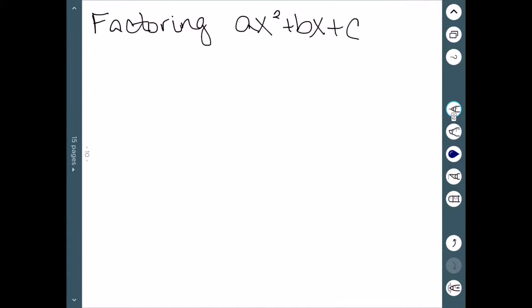Now we'll factor things of the form ax squared plus bx plus c. So in particular, we now have a number in front of x squared. So the first step is going to be to find a times c. So we're going to multiply those things. And then we want numbers p and q